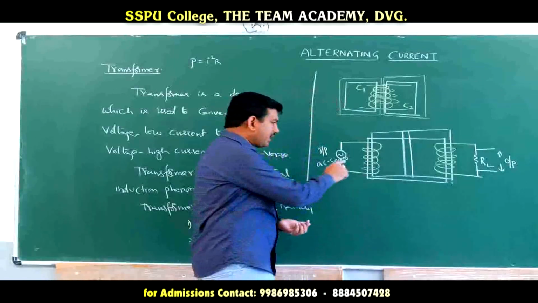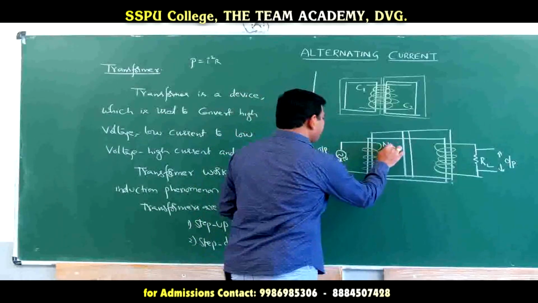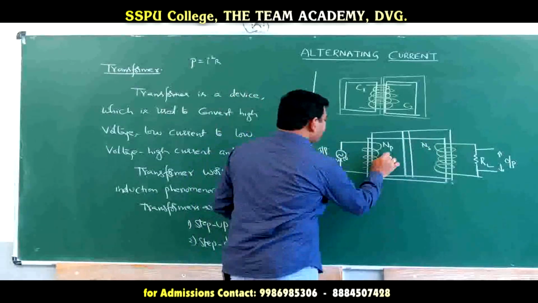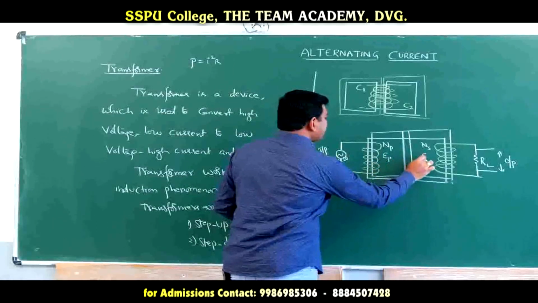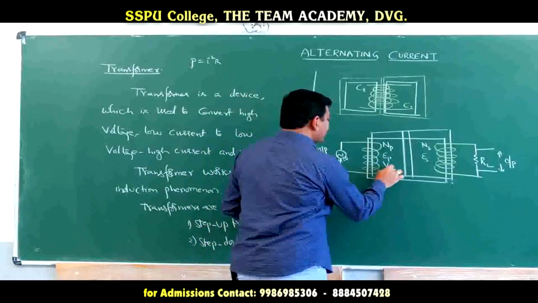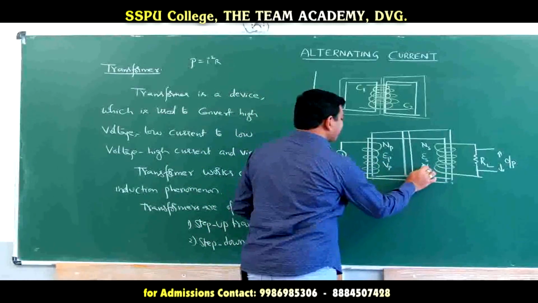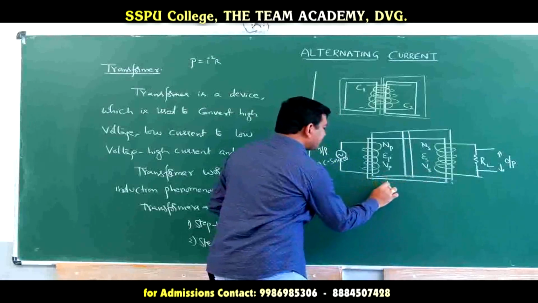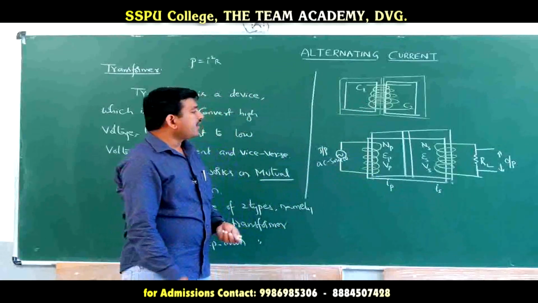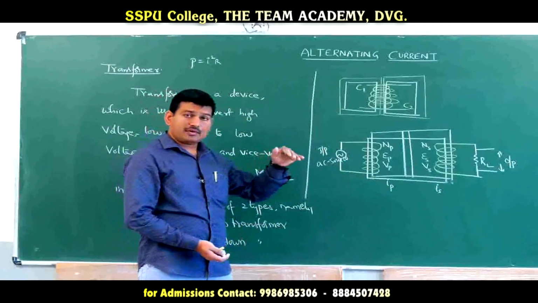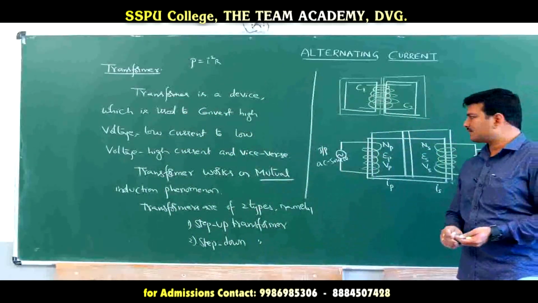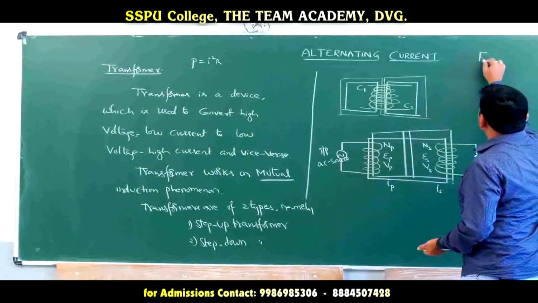And here in the primary coil, let us consider the number of turns is Np and number of turns in the secondary coil is Ns. Let EMF developed in the primary coil be Ep and EMF developed in the secondary coil be Es. Similarly, voltage drop across the primary coil is Vp, voltage drop across the secondary coil is Vs. And finally, let Ip be the current in the primary coil and Is be the current in the secondary coil. If the transformer is an ideal type of transformer, then what is the condition? So from Faraday's laws of induction, we know that, what do I have?